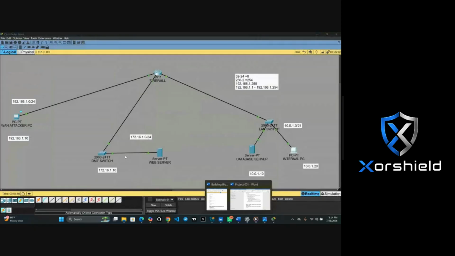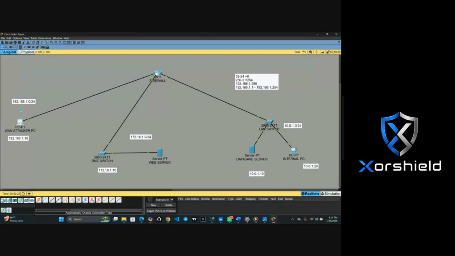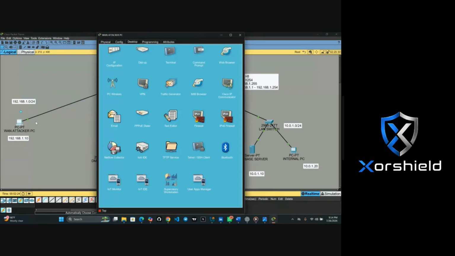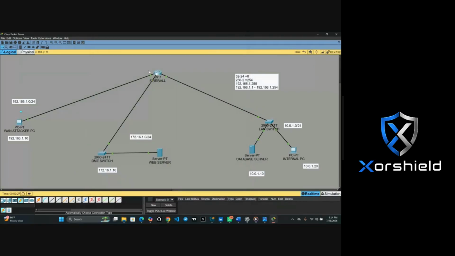Okay. Now, what you are saying is that any traffic that is initiated around this region, we should deny it. And the reason why we are denying it is because if this web server is being hacked, this attacker PC can have access to the web server.